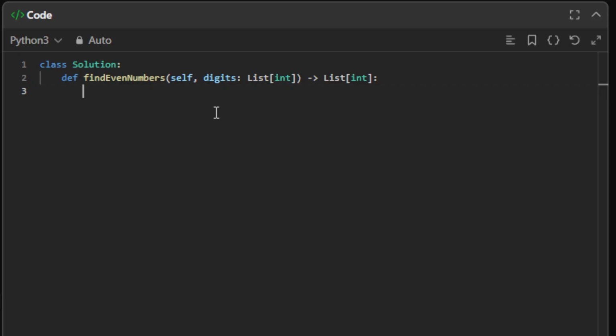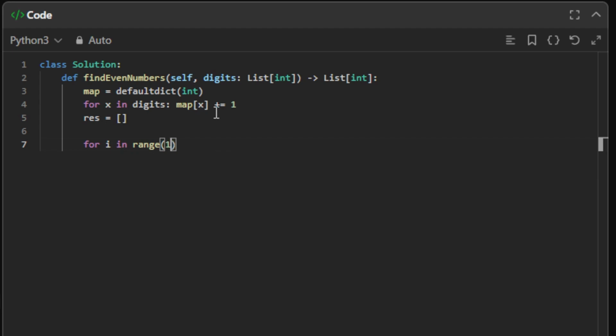First we want to create a frequency map for digits, so map equals default dictionary, and we will set a default value of 0 for every key like this, and for every digit in digits, map at the digit plus equal 1, and initially result is an empty array. And now for i in range from 100 up to 1000,